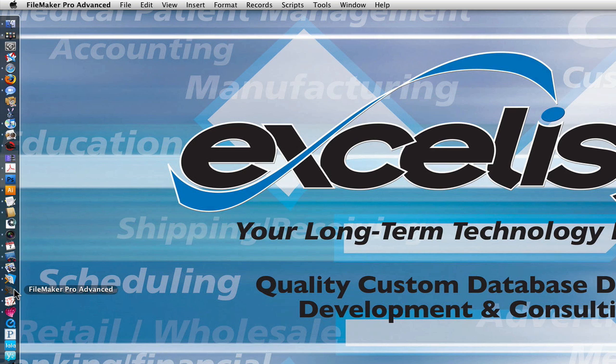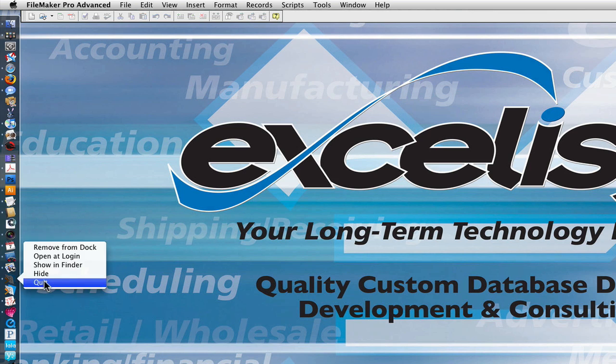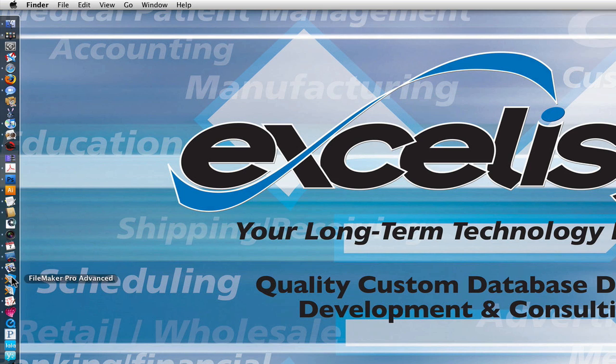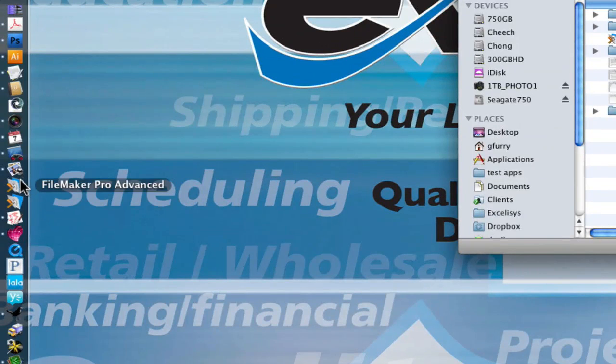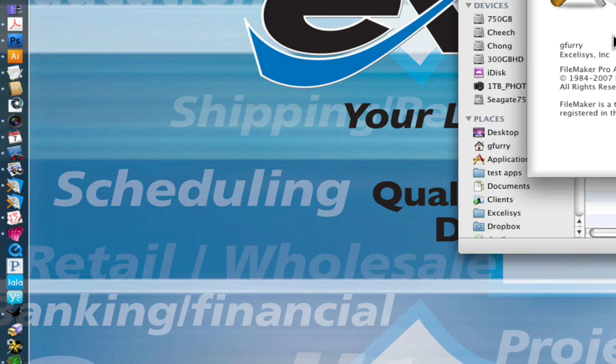First thing we're going to do is quit both applications. So we will quit them. And in this case, I'm going to change FileMaker 9. So I'm going to click Show in the Finder. Up comes FileMaker 9. I'm going to make the little change of adding a 9. Okay, great. Does that do anything? Well, it doesn't initially, but after you open it the next time,